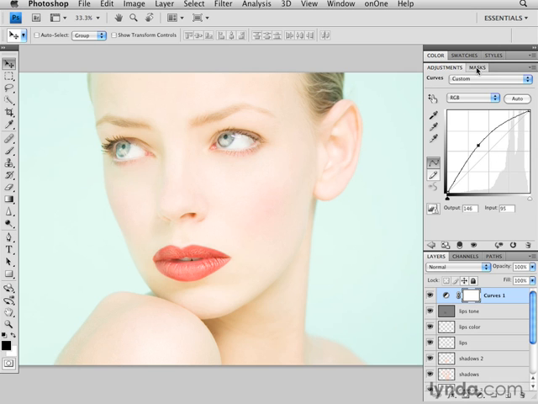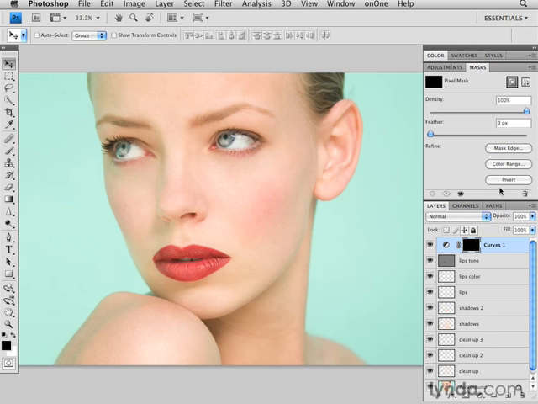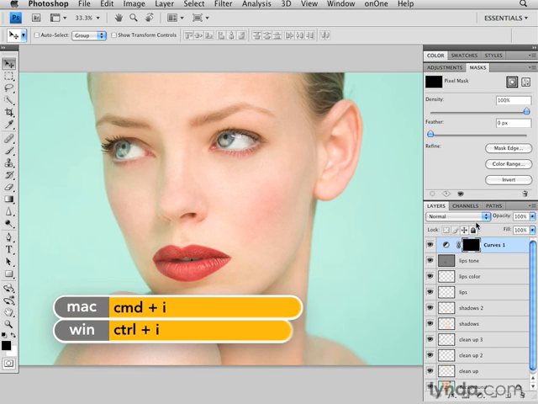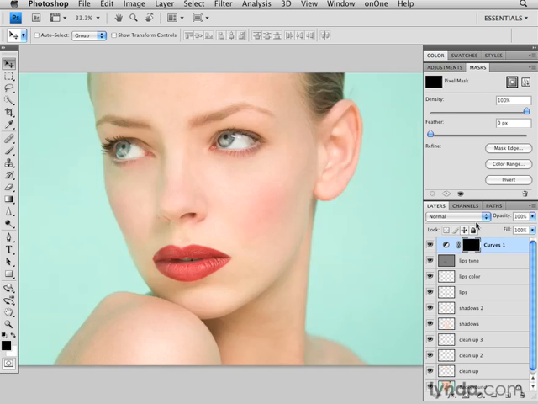I'll click on the mask panel. I'll go ahead and choose invert. That fills this mask with black. I can also do that by way of shortcut, right? The shortcut is Command-I on a Mac, Control-I on a PC, and that will invert your mask between black and white. All right, well, now that it's black, what we're going to do is zoom in a little bit closer,